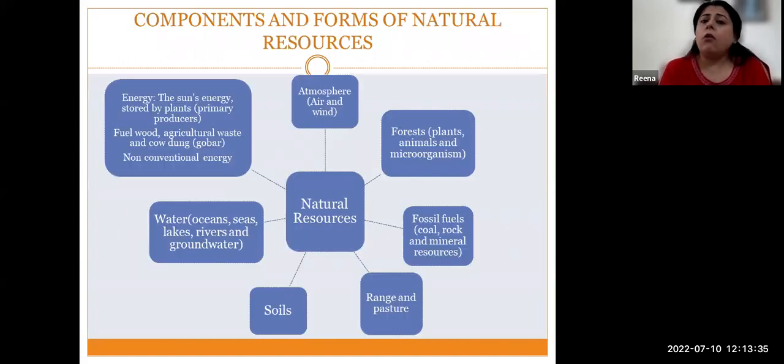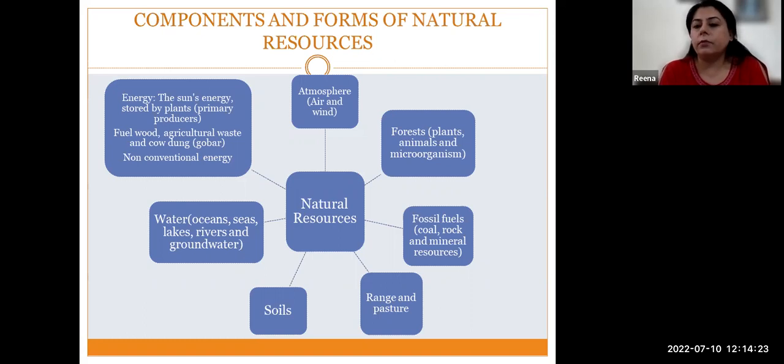So summing it up, all the components and forms of natural resources, so everything you see in your environment, directly or indirectly, it is impacting you. You are utilizing air and wind from the atmosphere. We have different layers of atmosphere, starting from troposphere, stratosphere, mesosphere, exosphere. All those layers of atmosphere are very significant for providing the main constituents of gaseous components, including your oxygen, carbon dioxide, nitrogen oxides, sulfur dioxides. All those kinds of gases are already present in a proportion, in a percentage,